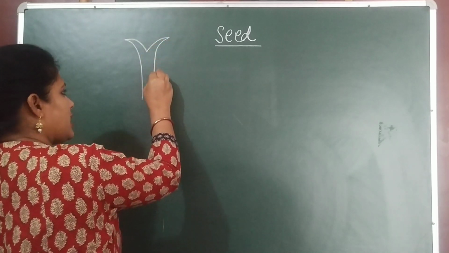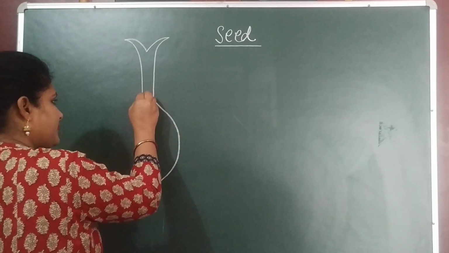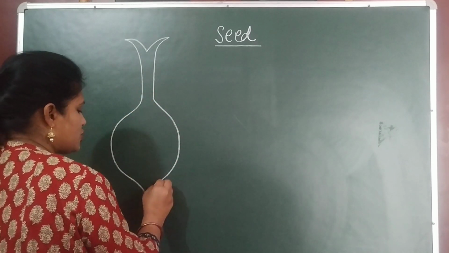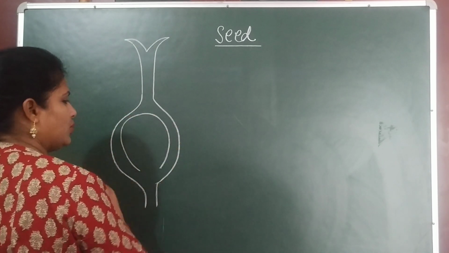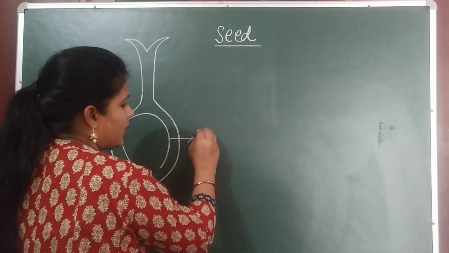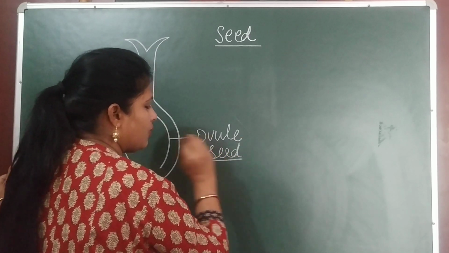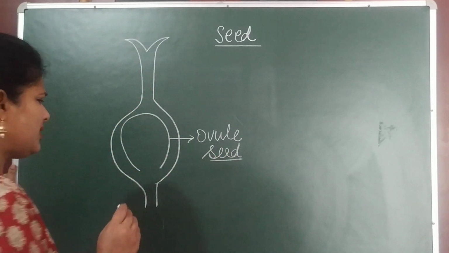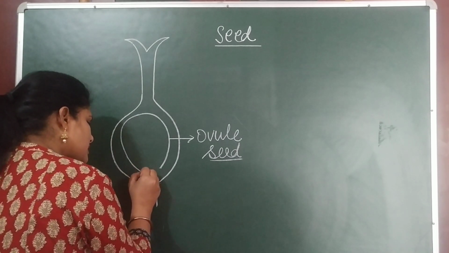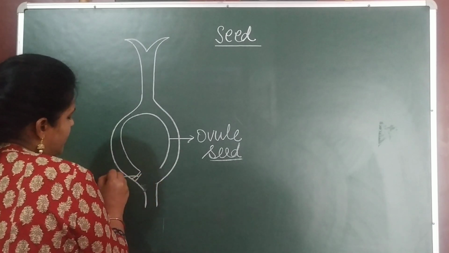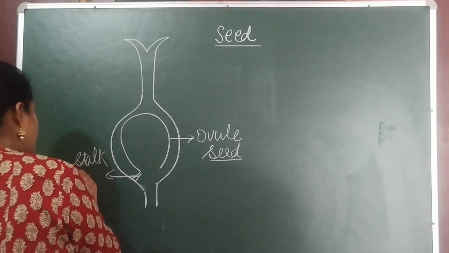We have discussed this diagram. This is stigma. This one is style. This is ovary. And this is stalk. Now inside the ovary, this is ovule, and ovule converts into seed. So today we are going to discuss this ovule. Now let's understand how the ovule is attached. The ovule is attached with the help of a stalk or a funicle. This part is called funicle